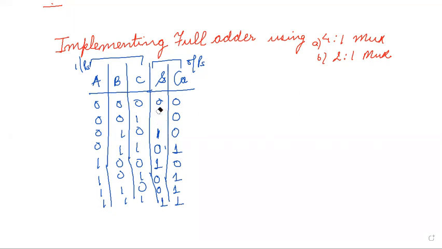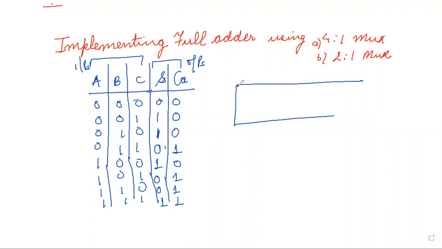Now, as we had discussed, to implement it using a 4:1 multiplexer, I have to reduce it in a single variable. So when the reduction is in the single variable, I can choose it to be LSB or I can choose it to be MSB because that is more convenient. Otherwise, you can take any variable. So let's try to now reduce it in MSB. Last time we had learned how to reduce the third variable, that is the LSB. Now we're going to go for the MSB, that is the variable A. Okay. So I draw a table.